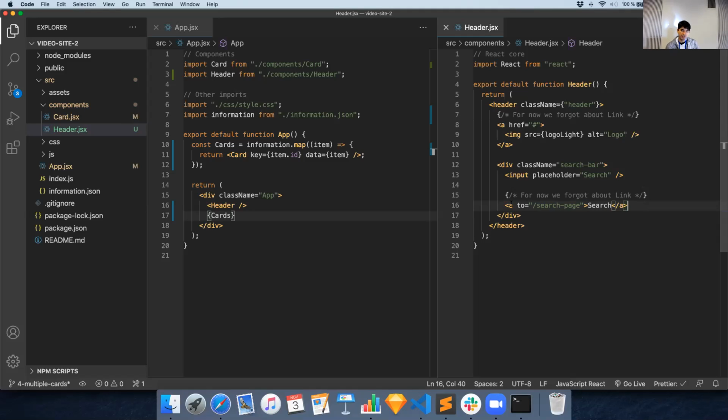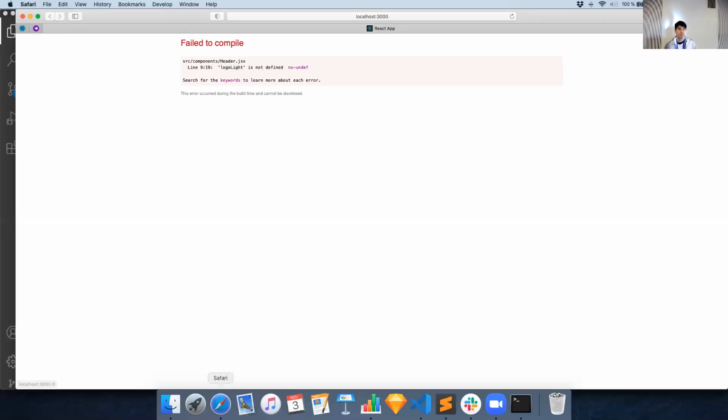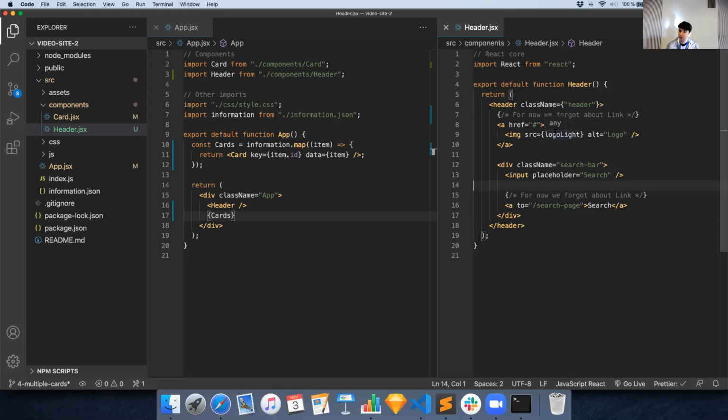And the reason it will break it is because we haven't created the link component. So maybe you ask, where does this link component come from? We need to install a package called React Router DOM that comes with this particular link component. But we're going to do that in a later step. So for now, we have a class named header. And if we go back, it's throwing an error that we don't have defined the logo light. Okay, and we can see the logo light here is any, because React doesn't know what logo light is. So that means that we need to import